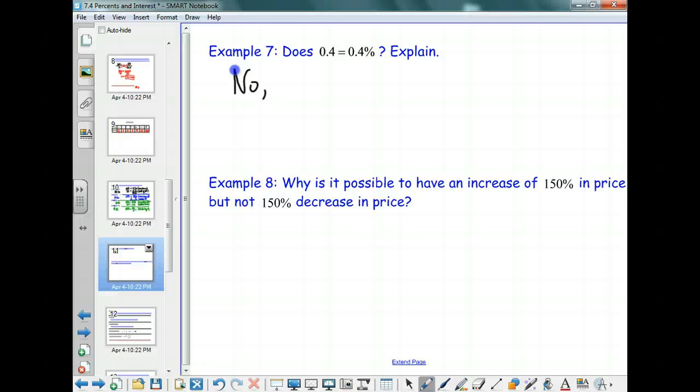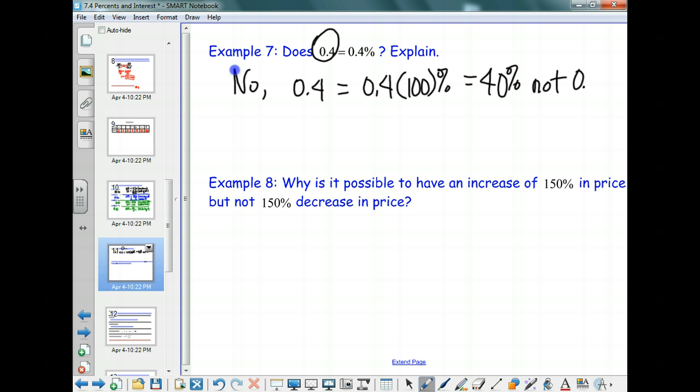Okay, so let's take one of the numbers and figure out what the answer should be. Would that work? Which way do you want to go? Do you want to turn the percent back into a number, or do you want to turn the number into a percent? Number into percent. So you want to take the 0.4. What are we going to do with 0.4? 0.4 times 100 as a percent, which is what? 40. So this is 40%,